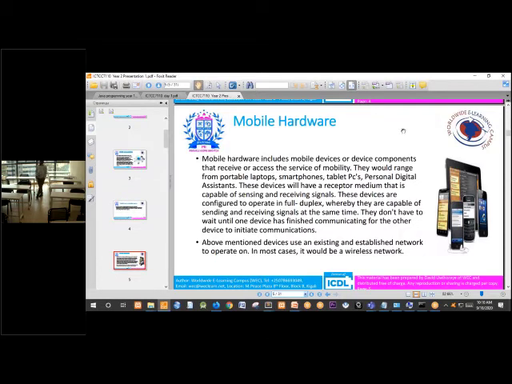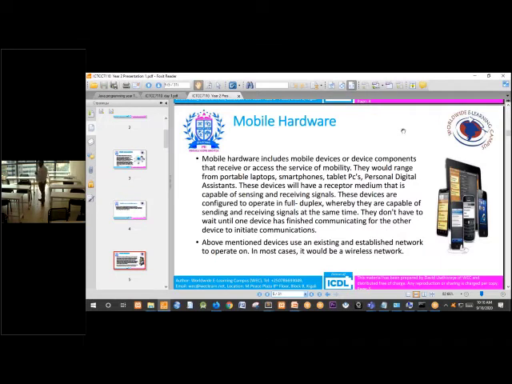Radio communication is simplex because we have radio transmitters which transmit signals, and radio receivers which receive signals passively. They don't send their own messages to the transmitters. So those kinds of communication are simplex.